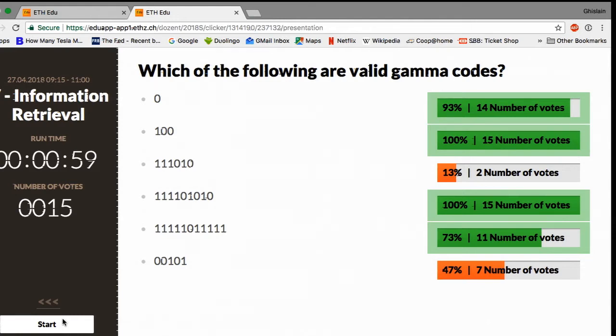Why is this one not a gamma code? Simply because here you have 3 ones, but here you have only 2 bits after the 0. So it's not valid, yes? But why is the lowest one a gamma code? I'm coming to that. So I would have, in the exam, I would have made more precisions, of course, because